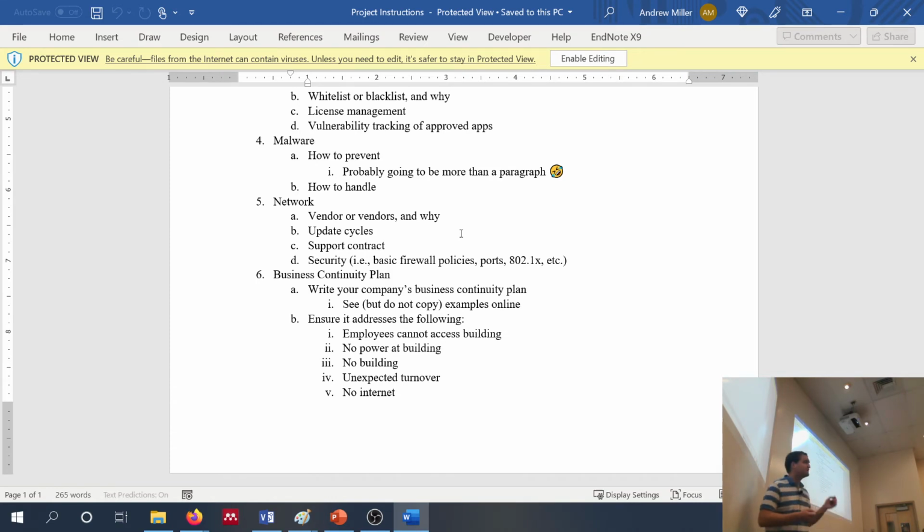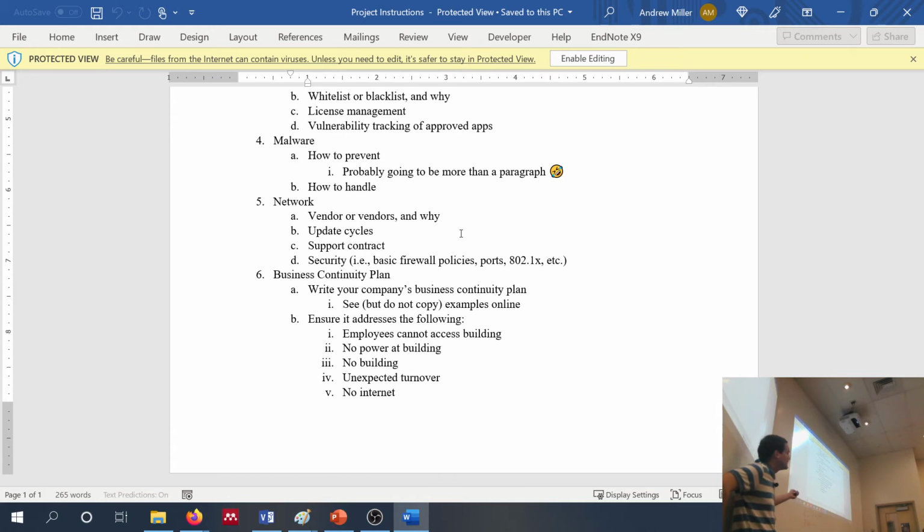All right, then lastly, or not lastly, but lastly for malware, how do you handle a malware infestation? Okay? That's going to be more than a couple paragraphs as well because there's different types of malware, correct? Okay, so first you're going to have to investigate. You have to see what was affected. All right, see which files were accessed. See which files were modified. All right, if nothing was modified and it's just a nuisance like adware, just remove it and go on with your life, right?